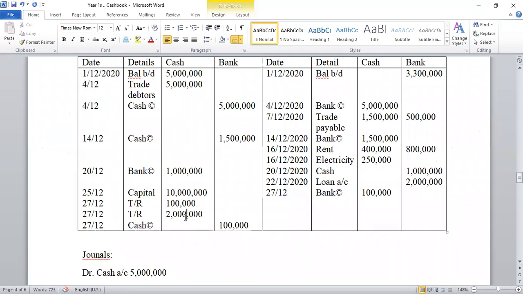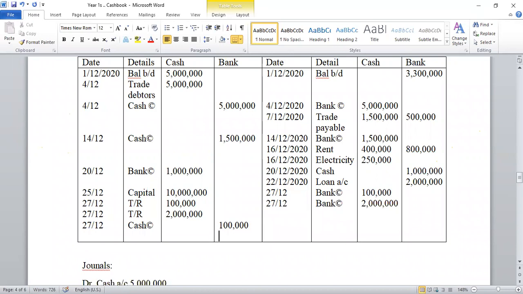So going back to the check. Same story. You come and reduce your cash by crediting therefore the 2 million. Okay. Which account is involved? The money is going to the bank account. Okay, remember it's a contra. What's the date? The same date, 27th December. So come and receive the money in your bank. That's the second entry, 2 million.